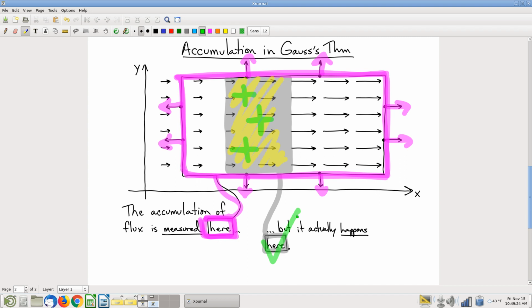Students tend to think of this as just sort of a point of view. But very importantly, that really is where the divergence is happening. If this is your birds, and if there's a grand total positive flux of birds, total number of birds is decreasing. Where are these birds coming from? Birds are leaving. They're coming from somewhere. Where are those birds coming from? They're coming from where the divergence is positive. That's where, and you will physically observe the birds leaving that region by the density of birds in that area